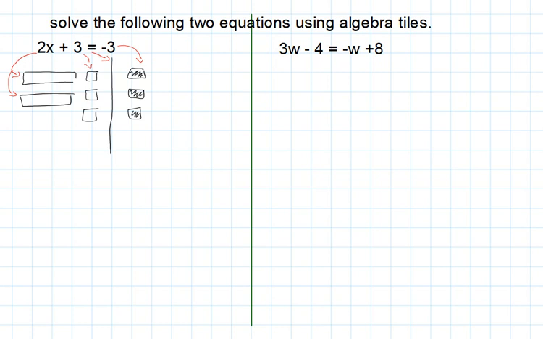Our goal again is always to get x, or the variable, on one side when we are solving these equations. So what that means is we need to get rid of these 3 positive ones, so x would be by itself on the left side. Now, how do you get rid of +3? Those are 3 added to the left side. So to get rid of an added 3, you need to add the opposite of that, which is -3, or subtract 3. So adding a -3